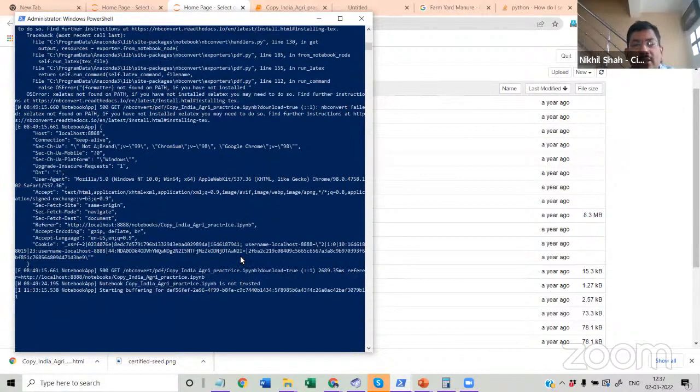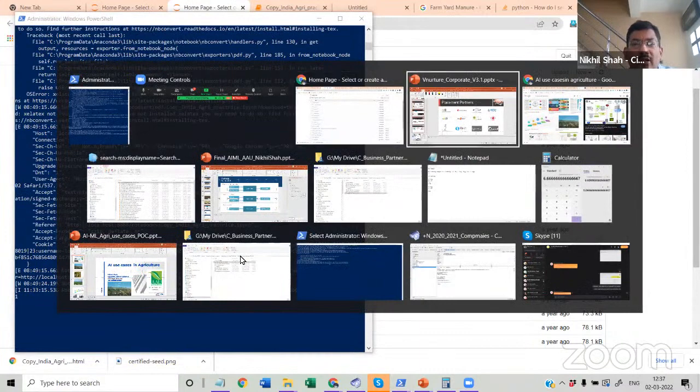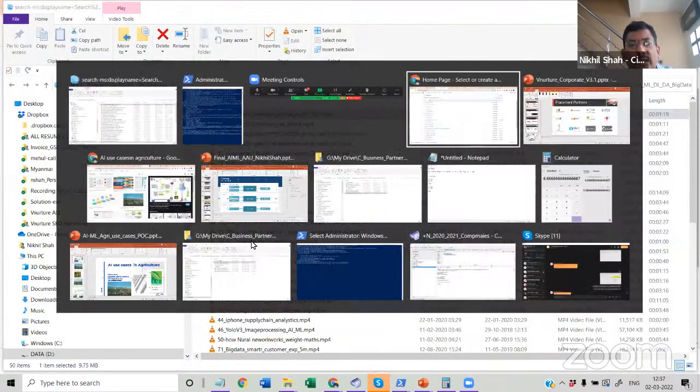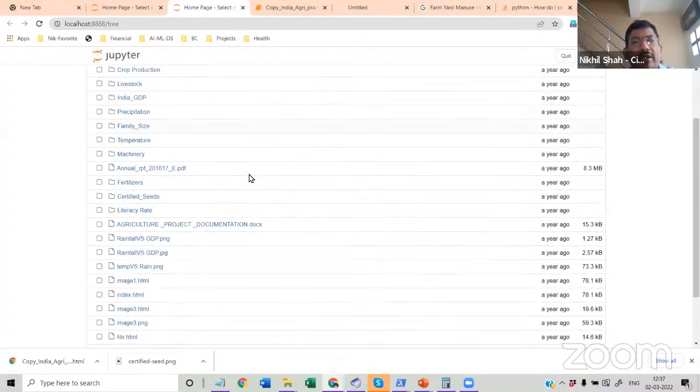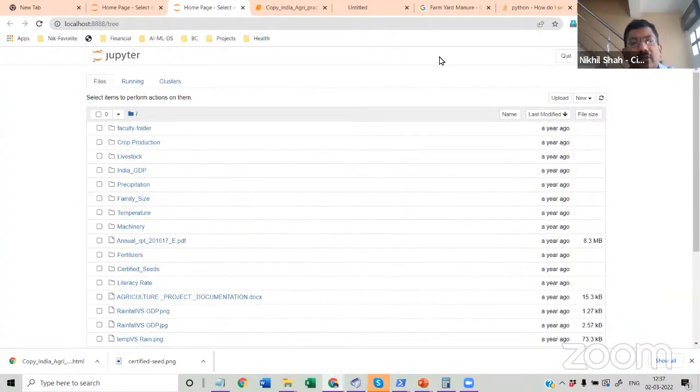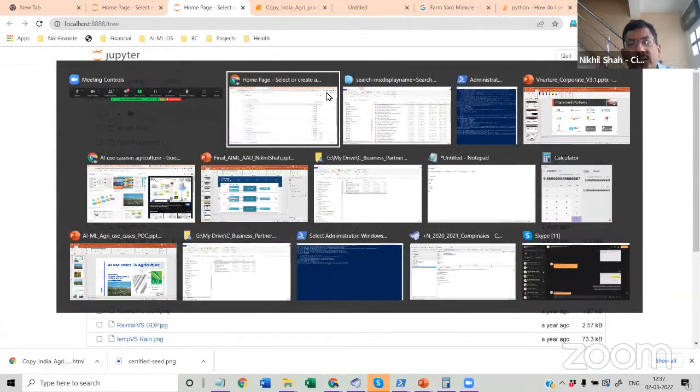So this is a piece of code that our company has written just to analyze the agriculture data of the Indian government.